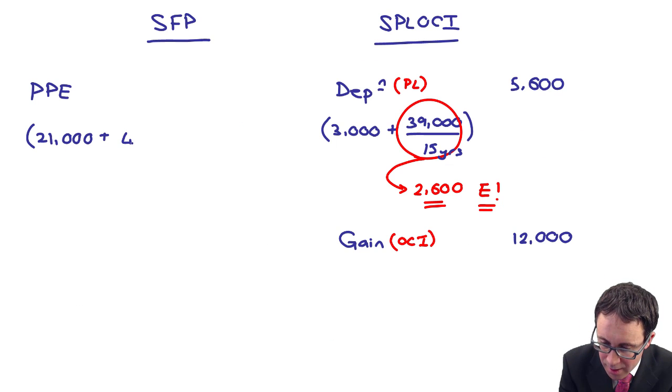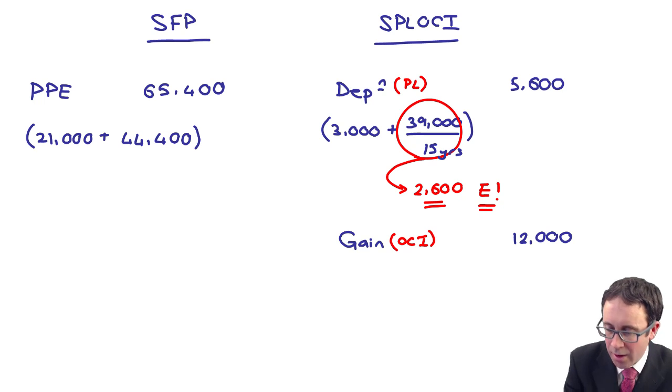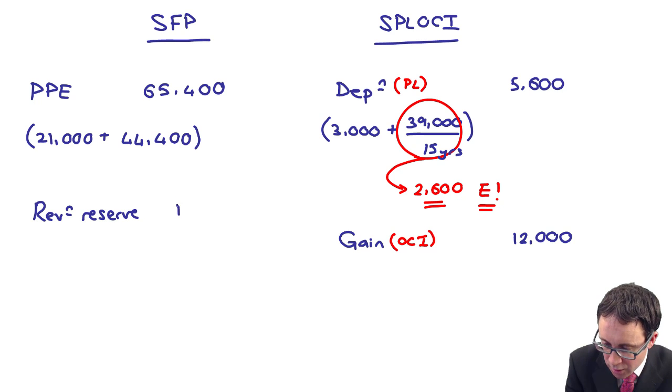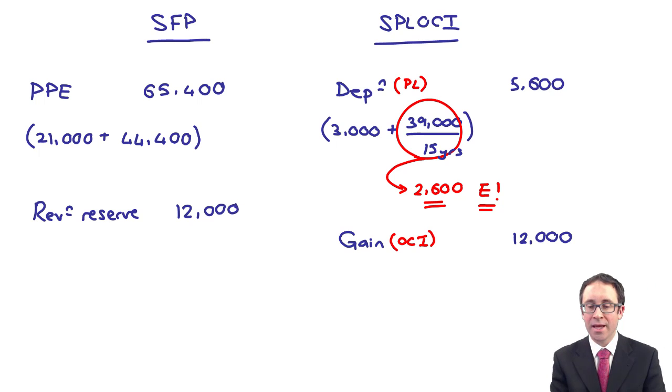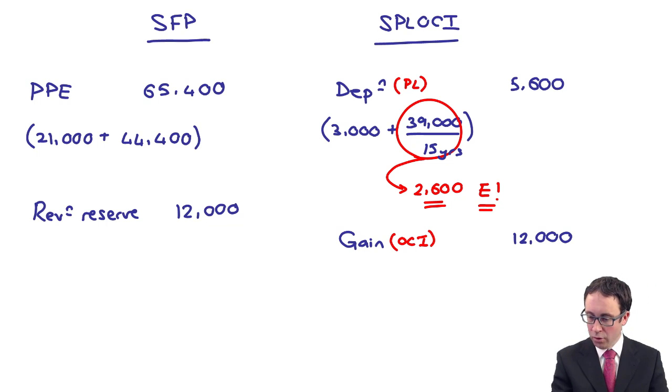I can put in the PPE at 44,400, which gives me 65,400? And then also we've got my revaluation reserve at 12,000. Okay, excellent. So I think the key bits that you can take from that question is that overall,